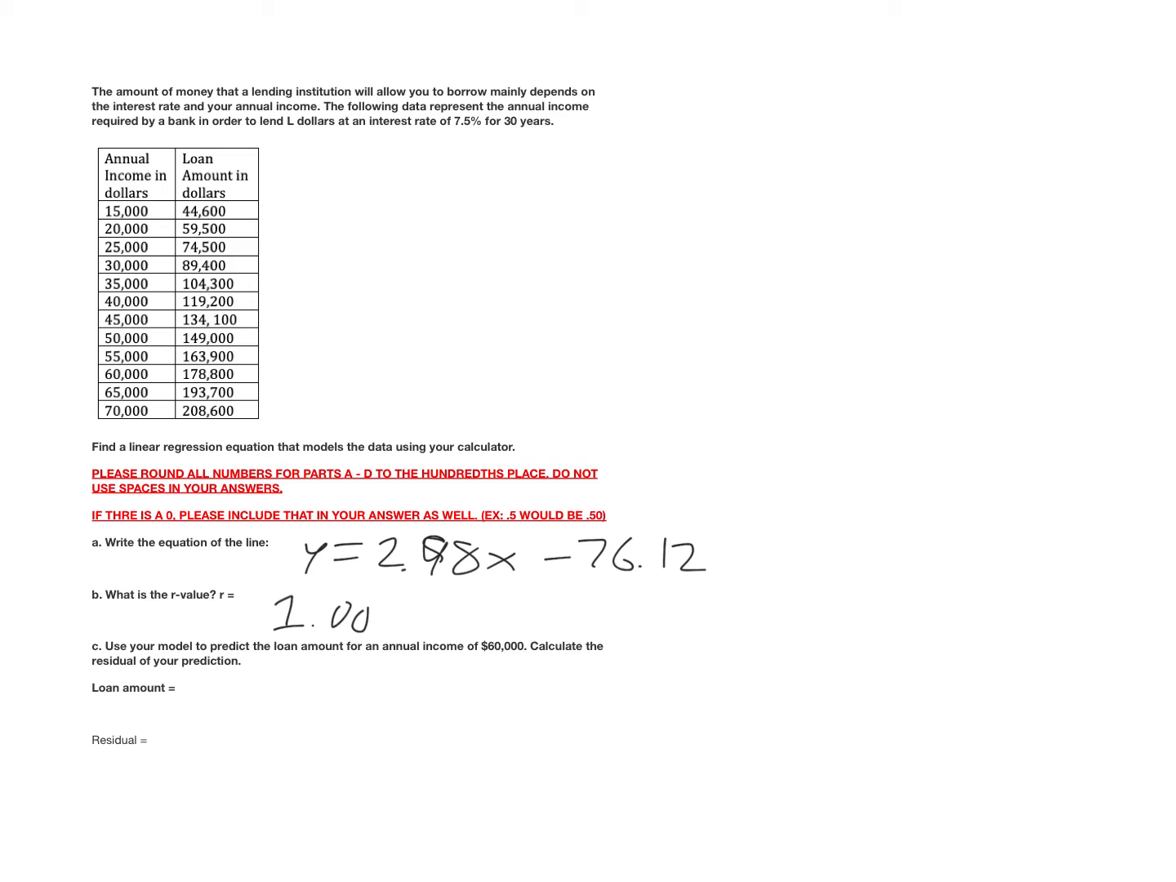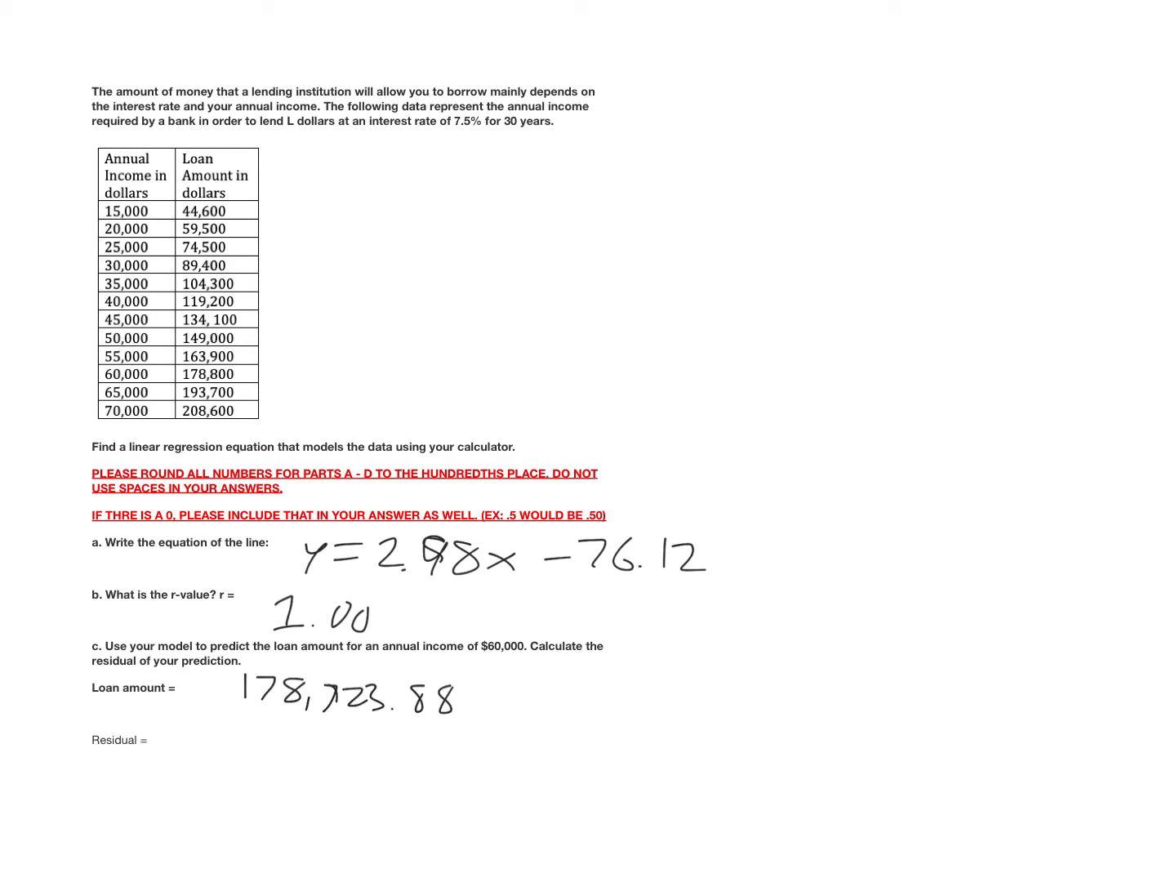And then we're going to use that equation to make a prediction. And so we're going to predict if the income was 60,000, which is our x value, what would the loan amount be? So we just need to plug in 60,000 to our equation. Best way to do that is using your table feature on your calculator. If you do that, you're going to get 178,723